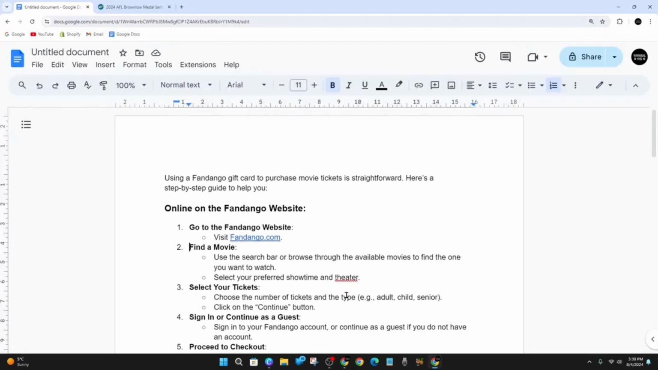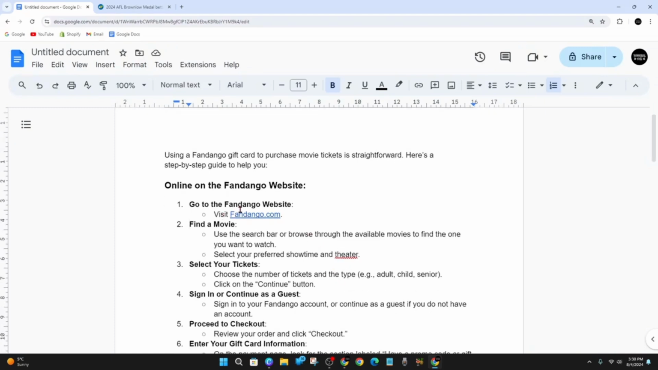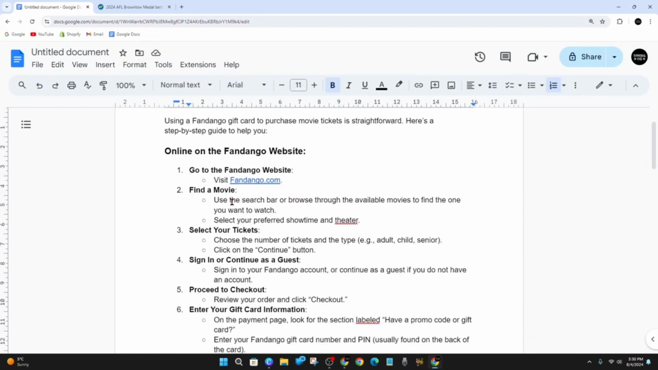Alright, so the first thing you want to do is visit fandango.com, and then from there find a movie. So you use the search bar or browse through the available movies to find the one you want. And then select your ticket, so choose the number of tickets you'd like to purchase, then click on continue, and